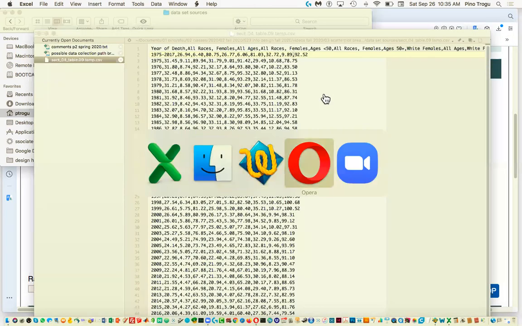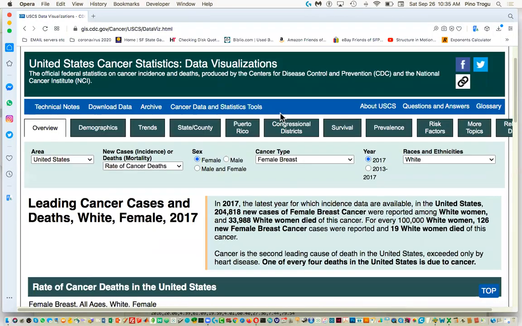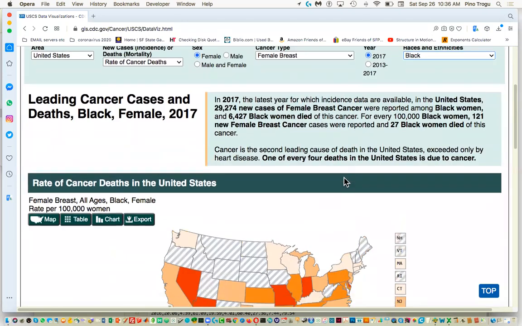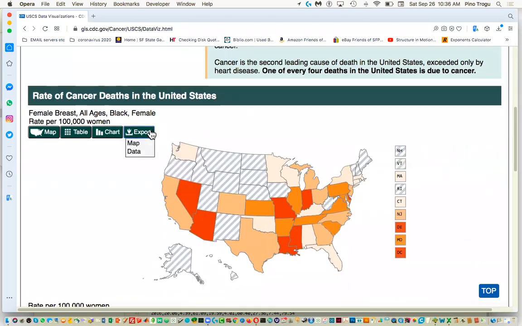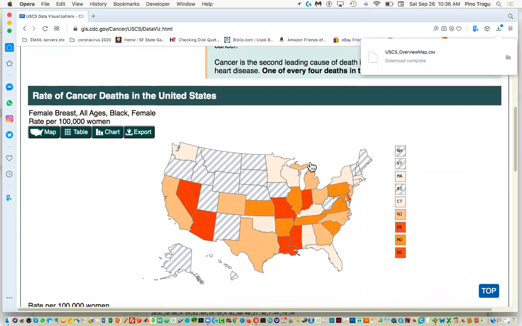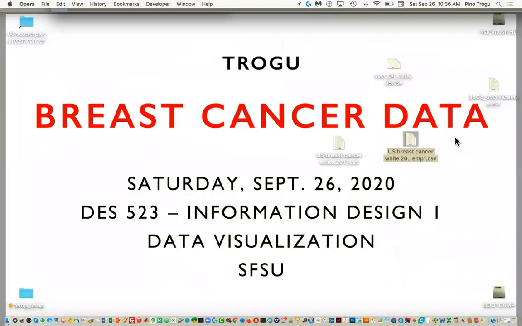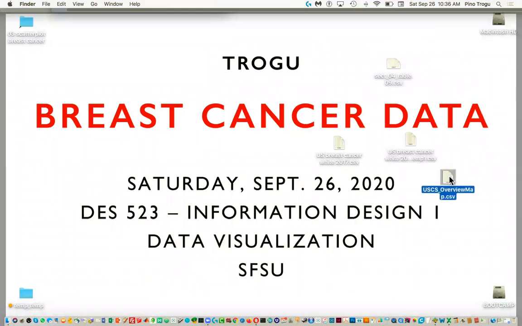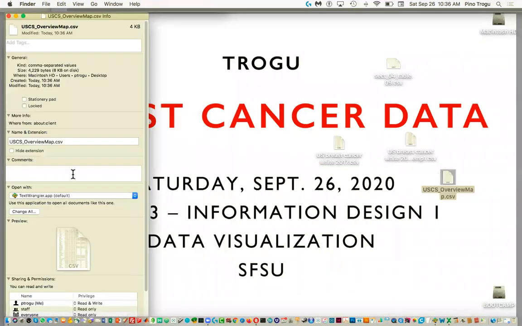And let's download the black. So we go back to that page. Here, everything stays the same, but now we pick black. And we export that, export the data. And again, it's the same file name, so you want to change that. And let's see, what did I call it? US breast cancer black